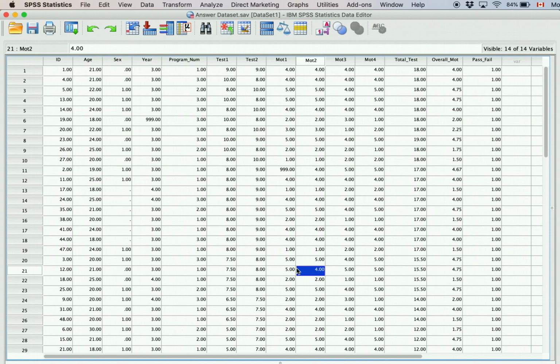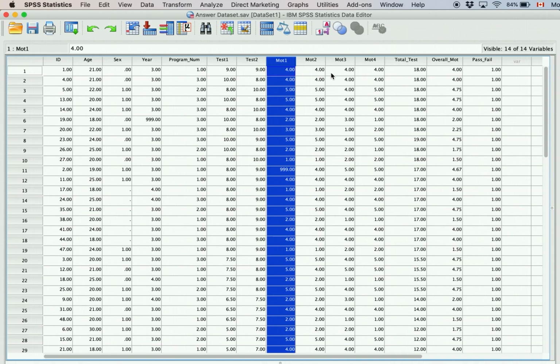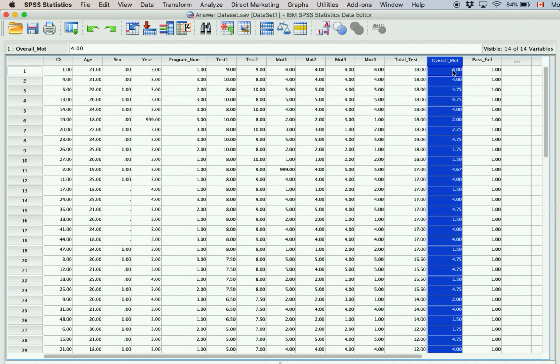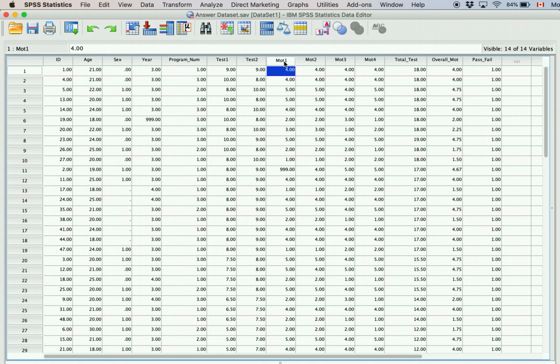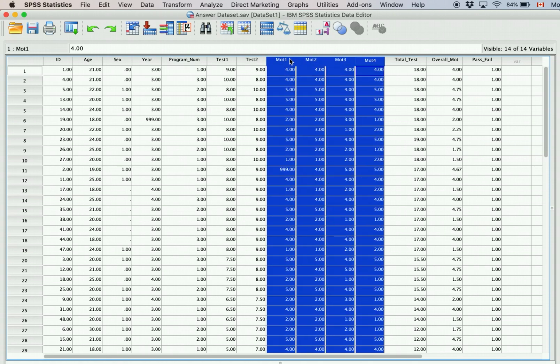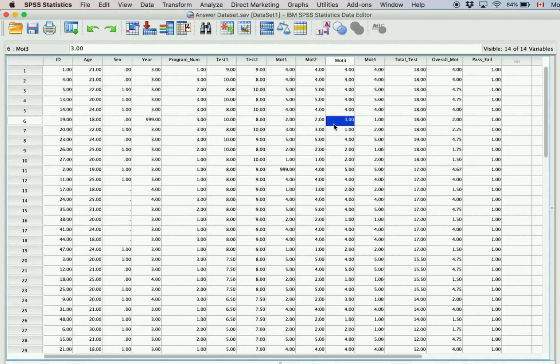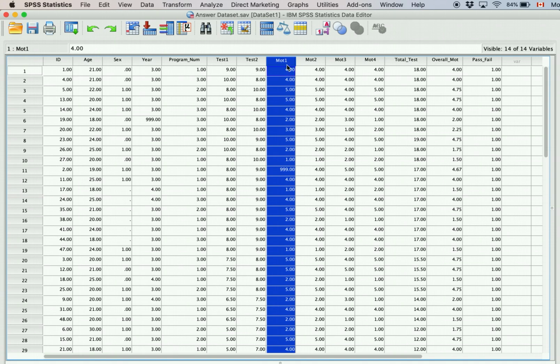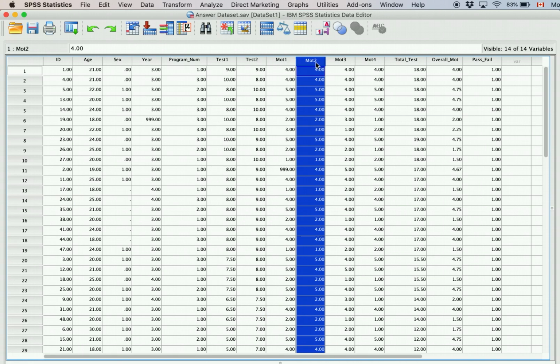Okay, so the next thing I want to show you is how to calculate the reliability of a measure, and you should do this before you calculate a total score. So our motivation score, we should be first checking to make sure that these four measures are reliable with each other. So if you recall, these corresponded to 4 questions about how motivated you were to study statistics, where one of them we had to recode because it was a negative item, and in order to put it on the same scale as the others, we made it